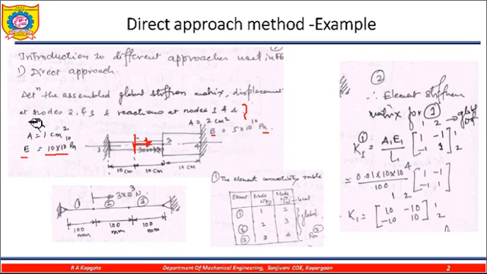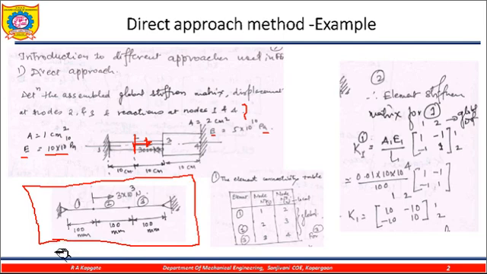First of all, we need to discretize the problem. What is meant by discretization? In discretization we are finding the nodes. We are converting this diagram into a nodal diagram. So this is my nodal diagram. In this nodal diagram, this is node number 1, this is node number 2, this is node number 3, and this is node number 4. So there are 4 nodes as well as 3 links: link 1, link 2, link 3.